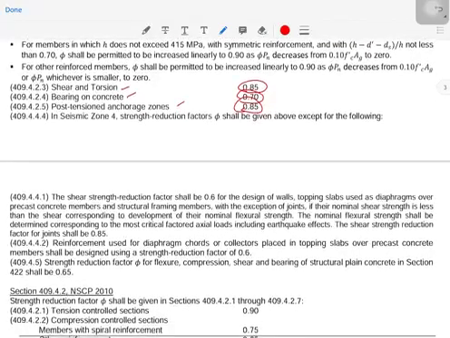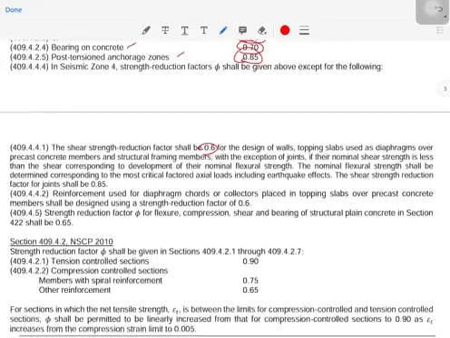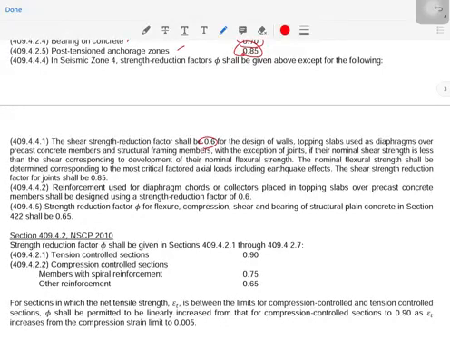Okay, so in seismic zone 4, the strength reduction factor phi shall be as given above except for the following. The shear reduction factor shall be 0.6 for the design of shear walls, topping slabs that act as diaphragms over precast concrete members, and structural framing members, with the exemption of joints,